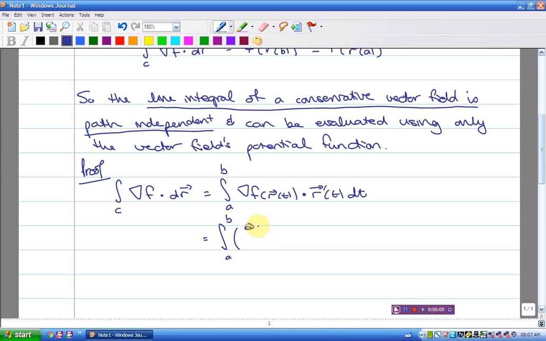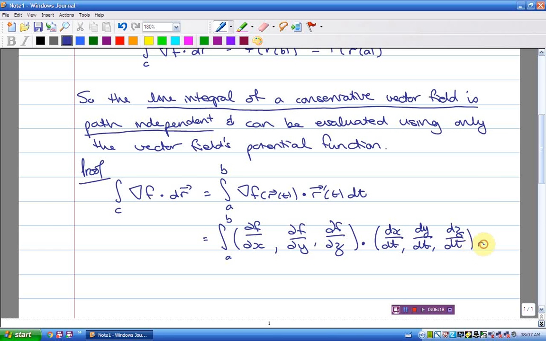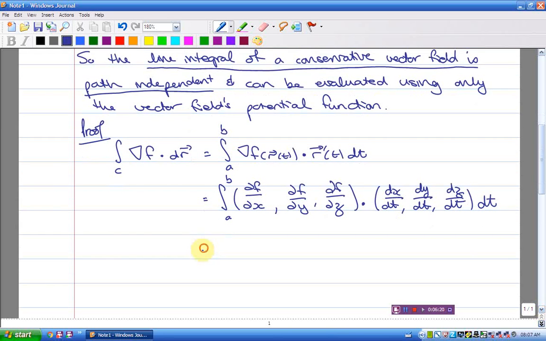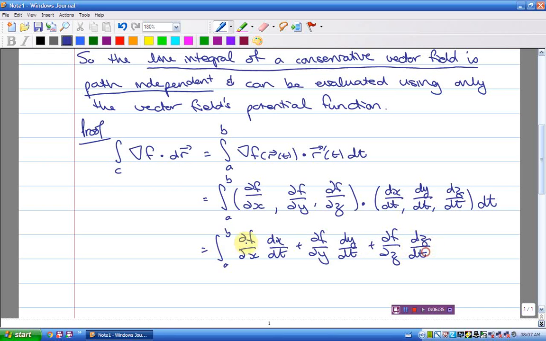That would be df by dx, df by dy, df by dz, dotted with r dash, which is dx by dt, dy by dt, dz by dt. Let's carry out that dot product: df dx, dx by dt, plus df dy, dy by dt, plus df dz, dz by dt, a nice mixture of d's there,